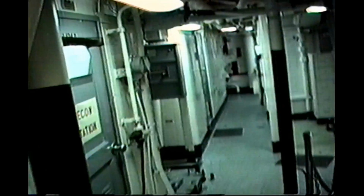I'm sweating to death. It's hot as hell back here. Okay, we go back a little bit farther. And you have aft ABD, aft battle dressing station. That's where Doc would work. This is a repair locker. Kind of empty now, but normally it's stuffed. All kinds of damage control equipment and stuff. The aft crew's lounge. Of course, this is like...